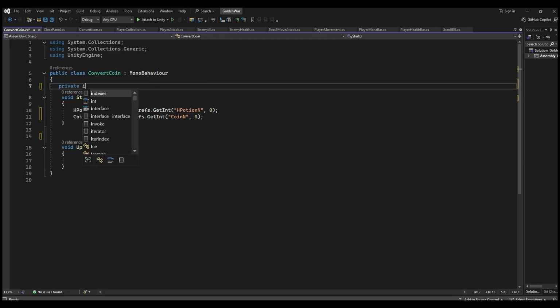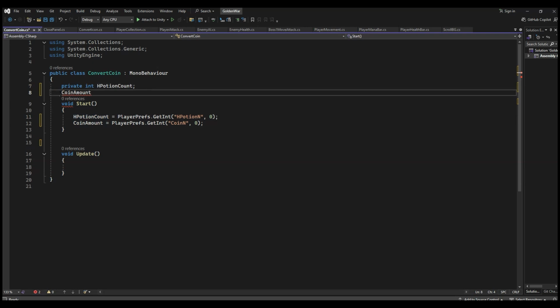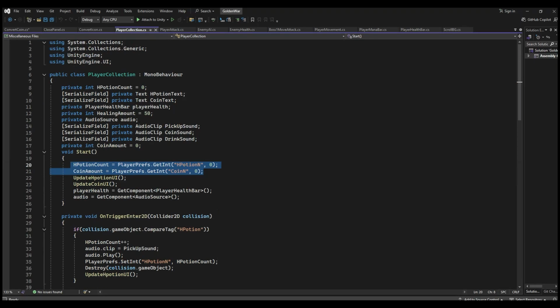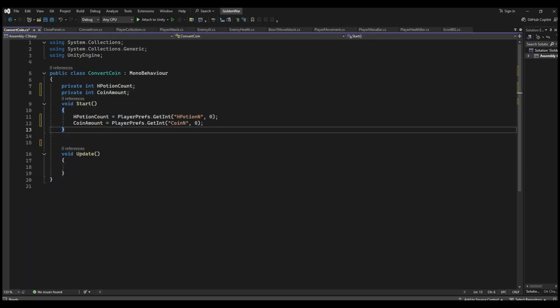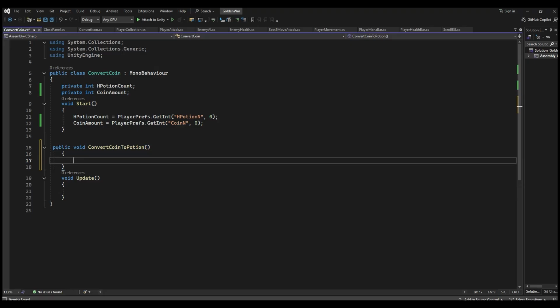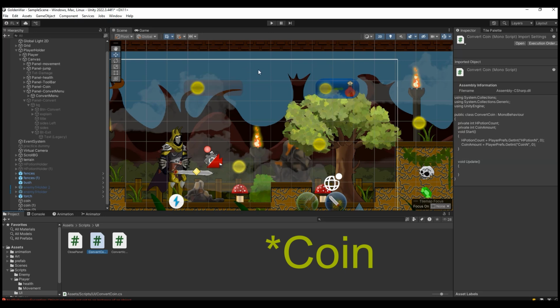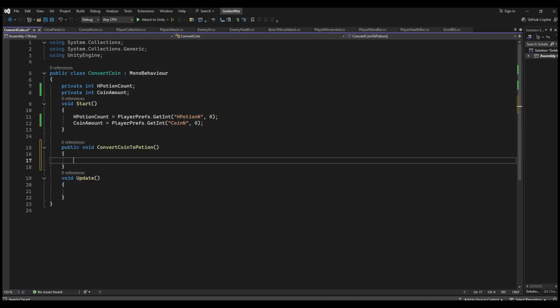So I say private int, something that we had here. Okay, I have them. Now I write a function, public void convert coin to potion. So we have to check whether we have enough coins. For example, we had 31. But what if we have, for example, 9? Then it shouldn't convert. So we check if